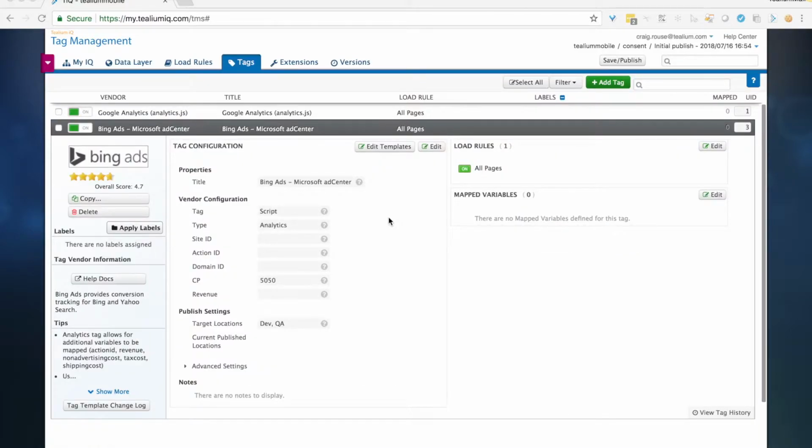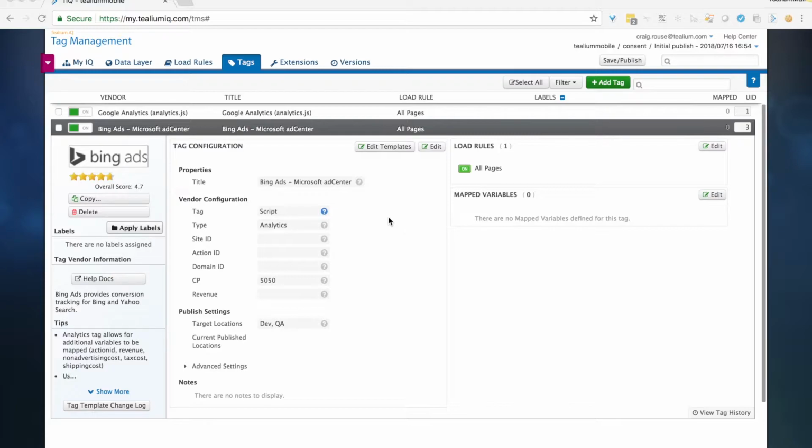Here I have a Tealium IQ profile containing two tags. One falls into the analytics category, and the other falls into the search category. Without the consent manager in place, these tags would run only according to the load rules that are configured on each tag. However, with consent management enabled, the user must also have indicated their consent to be tracked, otherwise